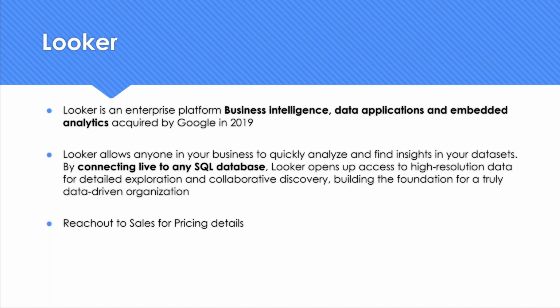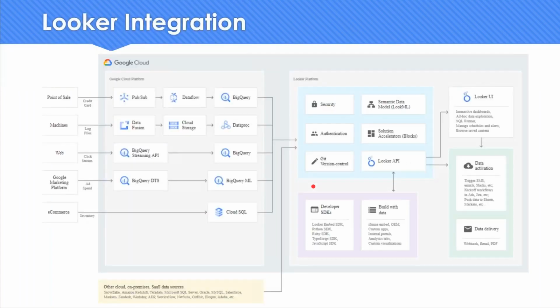So it's a sophisticated BI tool which can do lots of stuff. What kind of stuff? Something of this sort. You have point of sales, which is nothing but streaming data. It comes to your Pub/Sub, Dataflow, BigQuery streaming job, or something from logs. You use Data Fusion, do some transformation, and dump it into a Google Cloud Storage bucket. If you want to do some transformation on it, use it. Or Data Fusion is using Dataproc, that could be something. Once it comes, you have your